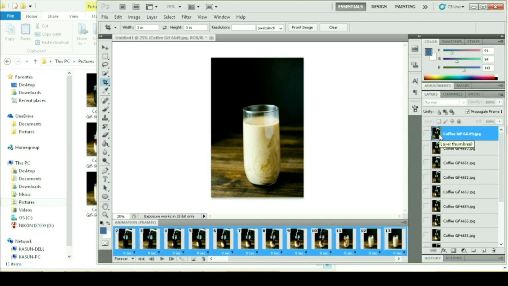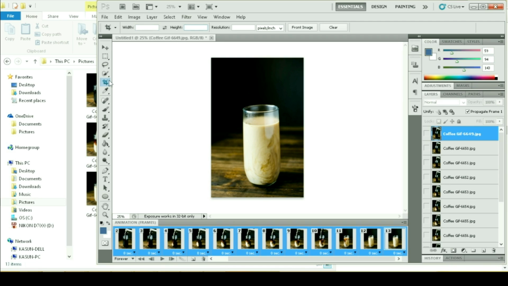Excellent. Now I did tell you that I was not happy with the fact that this is a little bit on a slant and it's really bugging me. So we can fix it now because we've highlighted all the frames, and when we crop it, everything is going to be cropped the same way, so we know that there's not going to be any changes or differences in the end product. So cropping it,